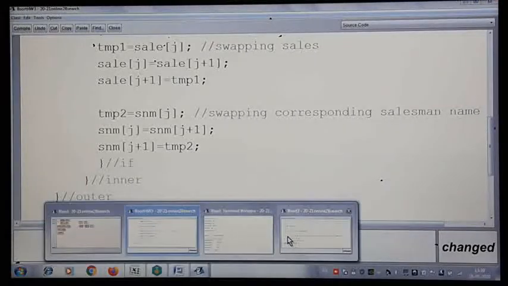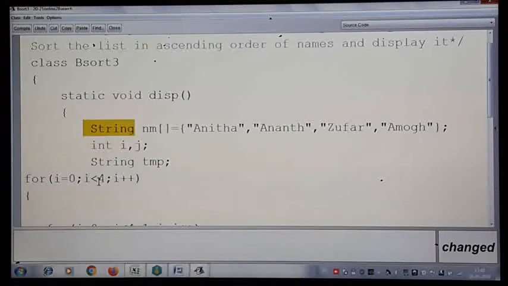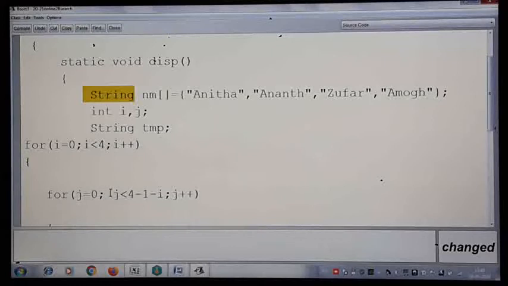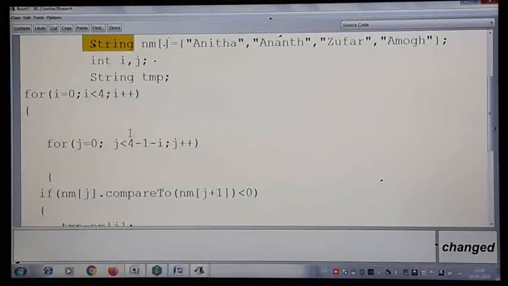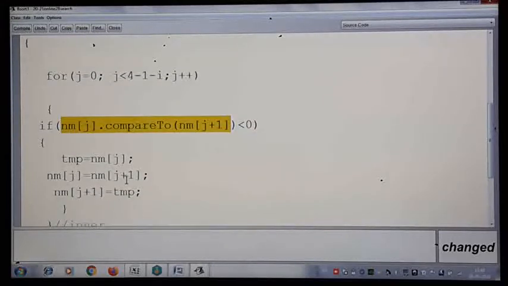So here, name I have taken as the same name, and i and j as you require nested loops. Temporary is of type string, because the data or elements we are swapping are of type string. So it should not be integer type. For this example it is a string type. So as usual, the outer loop is repeated for less than 4 times. The inner loop is less than 4 minus 1 minus i, this you all know already. Then only this step is extra compared to the integer type, the rest, swapping, everything is the same.